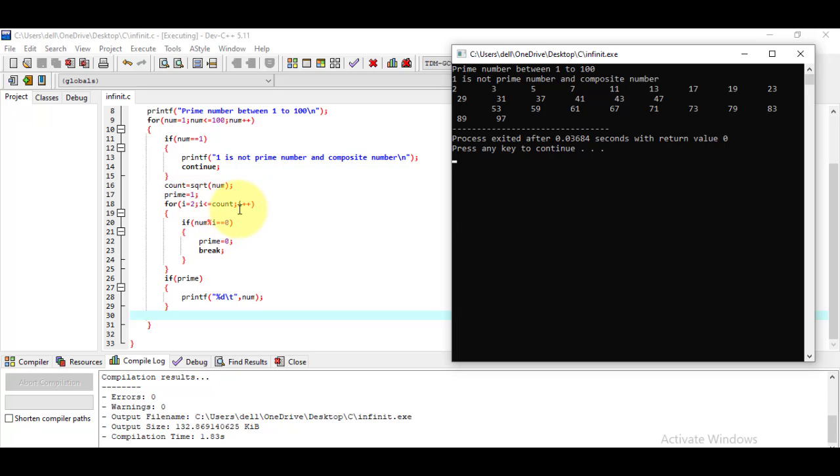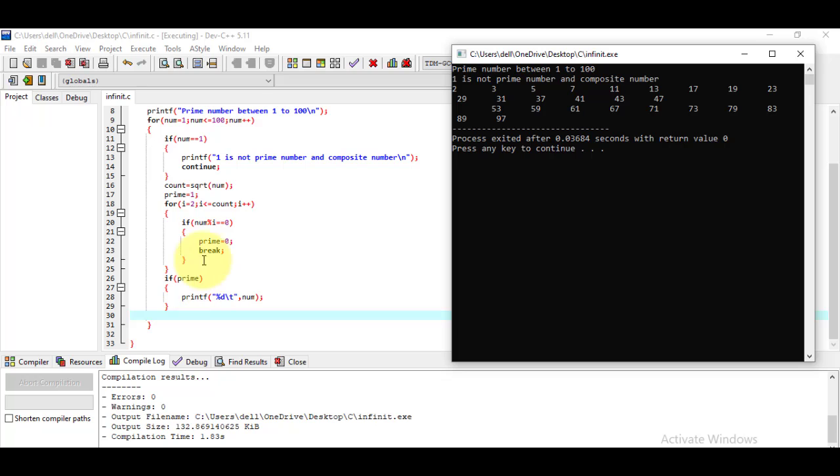Then we have incremented the value of i, and if number divided by i has remainder equal to 0, we set the prime's value equal to 0, that is prime is equal to false. And then we have break, so this for loop will break.